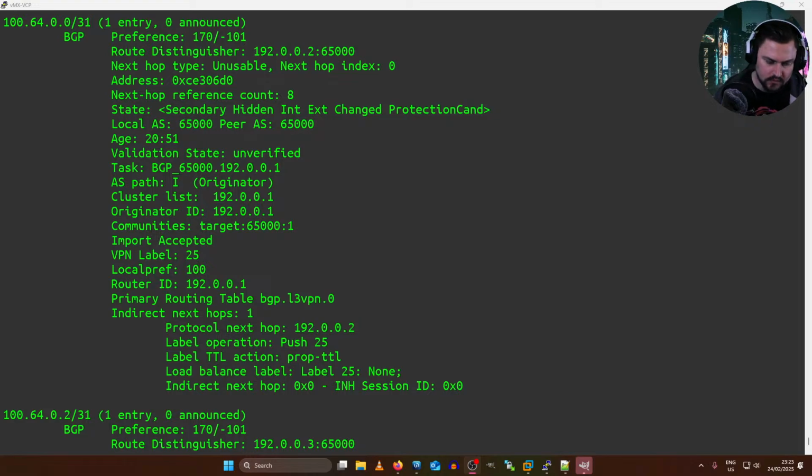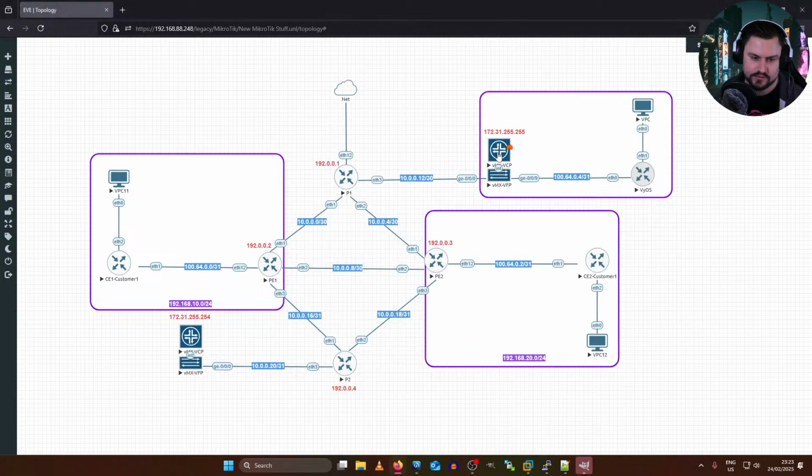Yeah. So I'm going to do a bit more research and see why I'm not able to learn the routes. Although it is learning it, it's seeing the routes, it's receiving those prefixes, it's just being hidden from the routing table, it's not being installed. So I need to figure that out. But it is advertising its prefix at least to the rest of the MikroTik devices, and the MikroTiks are definitely sending it. We just need to fix that one little thing, and it's probably just a small setting somewhere I'm forgetting or missing or not using correctly. So I will have to figure that out.